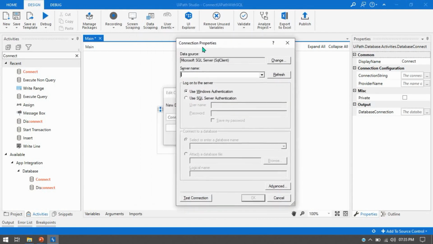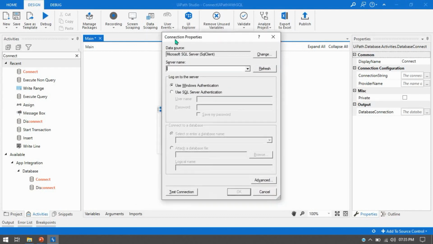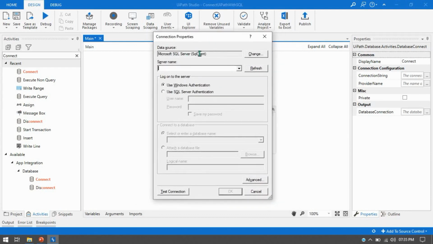Whenever you are going to establish a connection, you will get this type of dialog box. Here we have the data source, Microsoft SQL Server SQL client, and now you have to choose the server name from here. Currently it shows Pandey here, but the server name is Pandey/UiPath RPA.